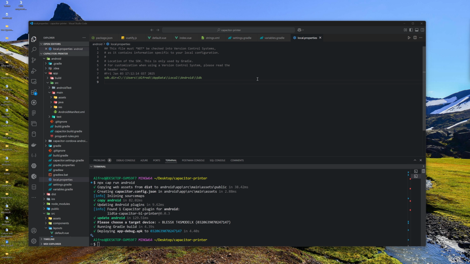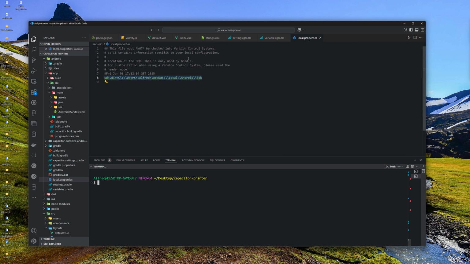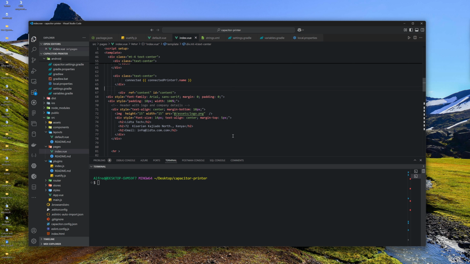So the Android Studio could not fix the problem, and I added the NDK manually here. So I created this file. I called it, this file should be called local.properties, and then I added the SDK path here. That was the only issue that the Android Studio couldn't fix. All right, so after that, what we did now is to go back to our page here, and the command